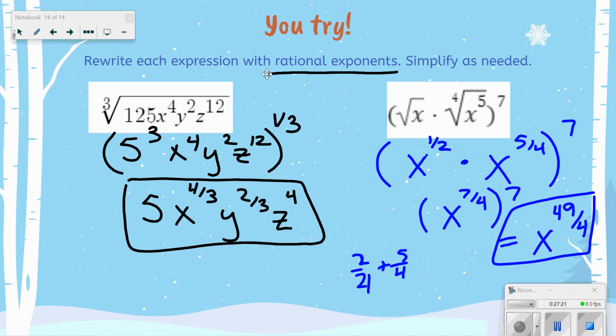What other questions do you guys have here? All right, so guess what? I have something for everybody. So we're going to get started on our classwork assignment. And guess what? Out of your classwork